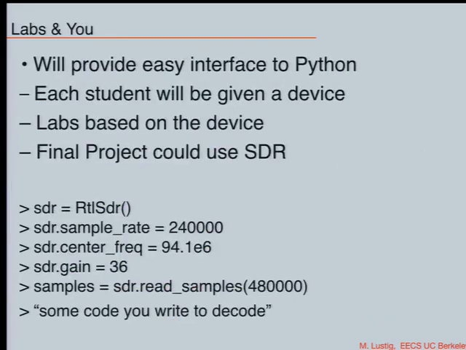Okay. So what we do in E123 is you get this device and you get a Python interface to this. You can get samples, and you can do all sorts of crazy stuff, like listen to airplane transmitting beacons, where their position is, decode those positions, and then put it on a map. Okay, so just listen to airplanes. It was designed to watch TV, right? You know what else you could do?